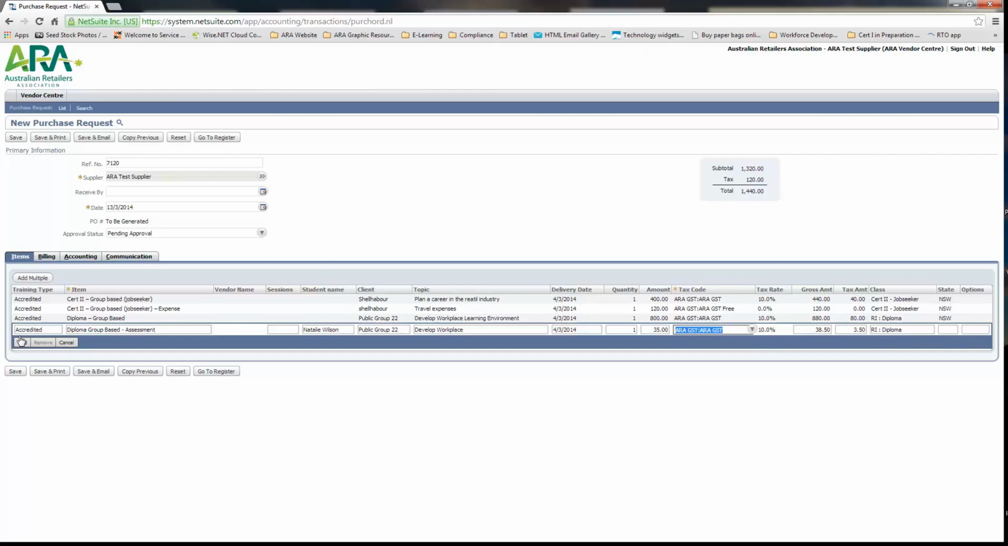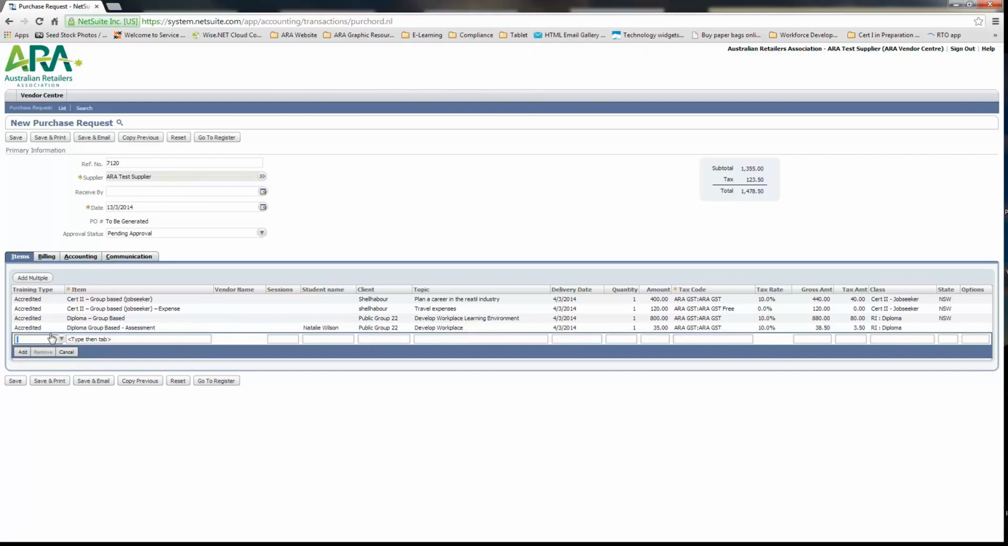If you wanted to put through some non-accredited training, so you might have delivered a street life program or a visual merchandising workshop for a shopping centre, you would go to add, select non-accredited, look up non-accredited training,